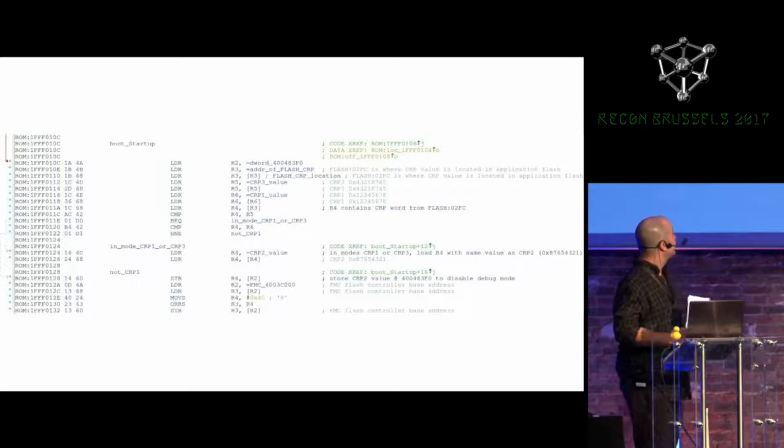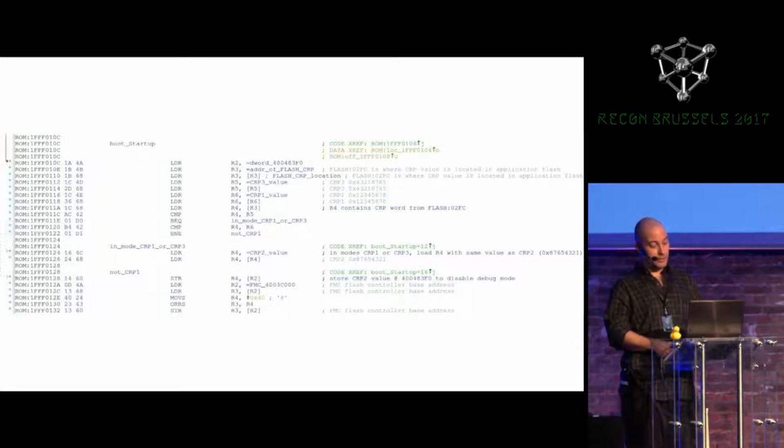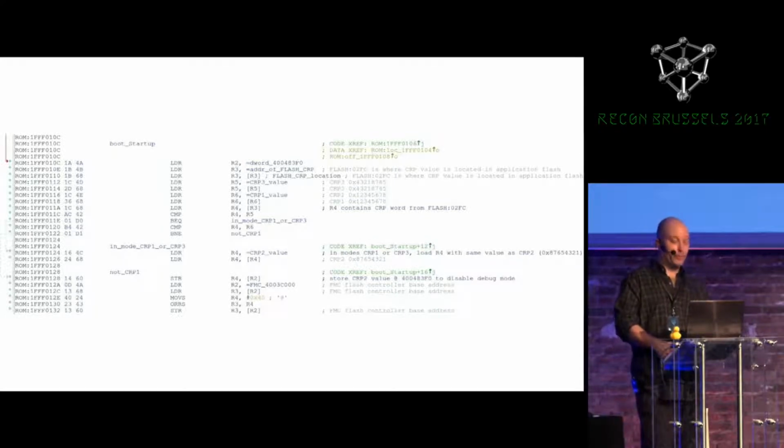So we can see that the very first thing that it does is it's going to check if the CRP level 1, 2, or 3 is set. And if they are set, then it will disable the debugging. Otherwise, it will enable the debugging. So we can see what they do here is if the CRP 1, 2, or 3 are set, then they're writing the value 87654321 to the register at